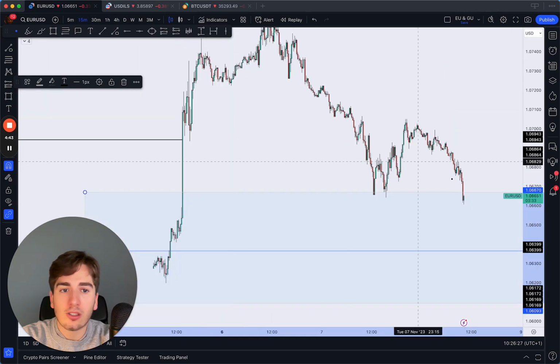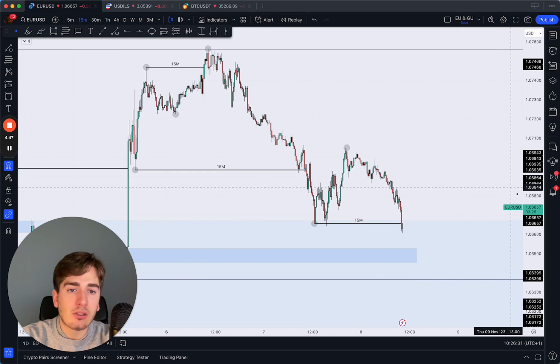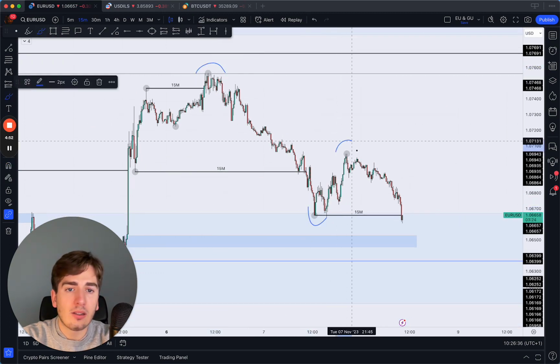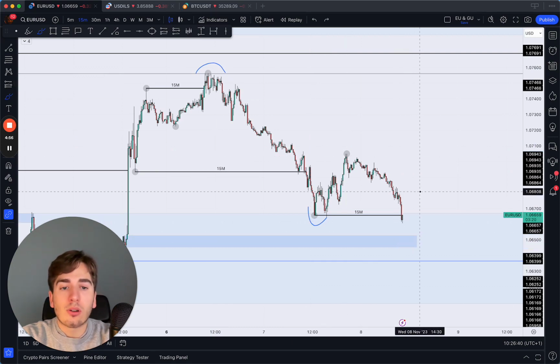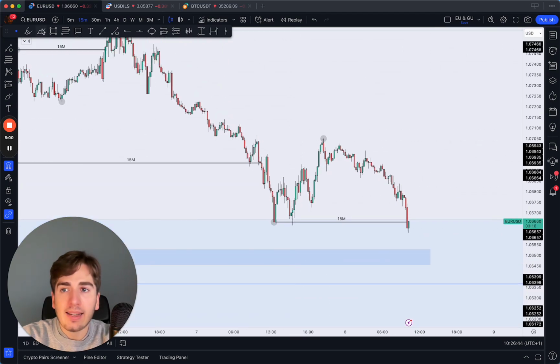So let me just adjust. So we can see, okay, clearly this is the entire 4-hour zone. So now diving in towards the 15, we can see that the 15 has made a high, lower high, lower low, lower high, and now again a lower low. So the internal structure and the swing structure here on the 15-minute are all bearish,